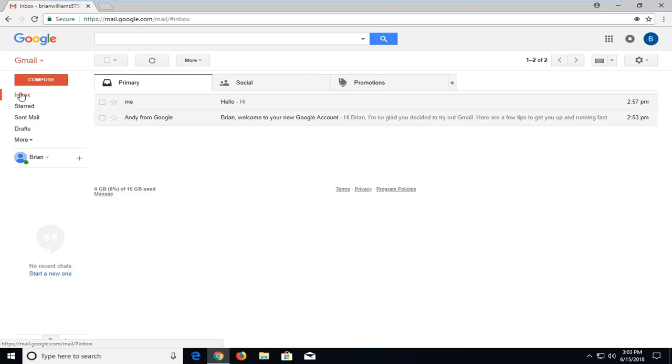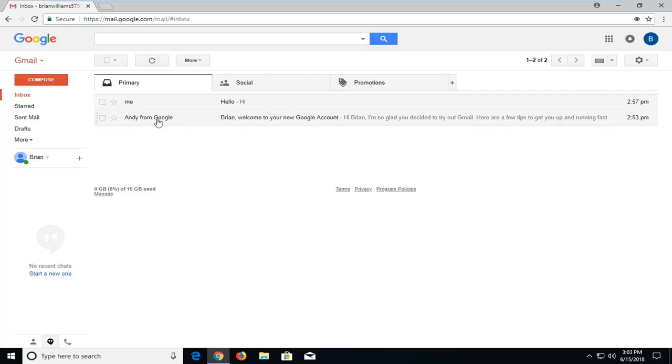So this method will put them directly in the spam folder, which is cleared out after I believe 30 days. So nobody really ever checks it out, and from your purpose, when you look at your inbox, it shouldn't be coming up there. So we're going to jump into it, and we're going to start by opening up an email